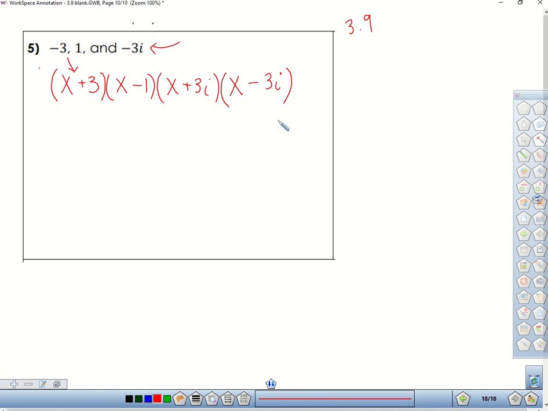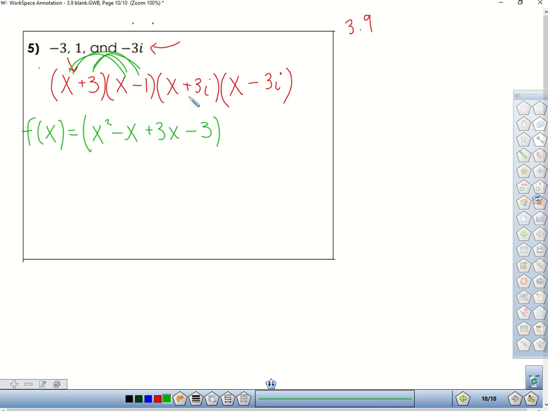Now, you have a few different options on the route you want to go with this. I'm going to FOIL the last two. You could FOIL the first two first. It doesn't really matter, okay? I guess we'll do that. We'll keep it in order. I'm going to use FOIL on the first two binomials. It's going to be first times first. So that's x squared minus x plus 3x